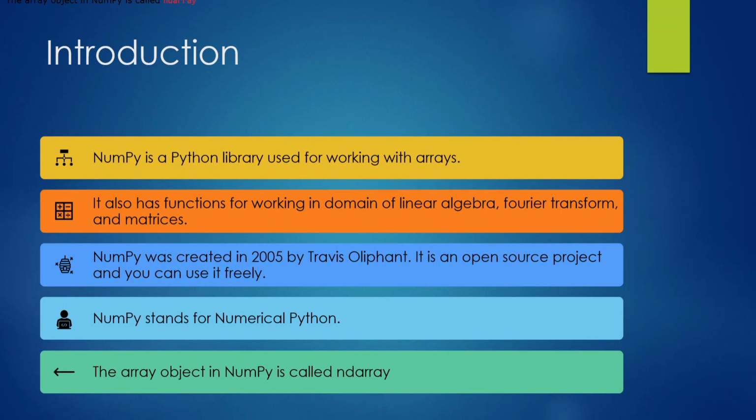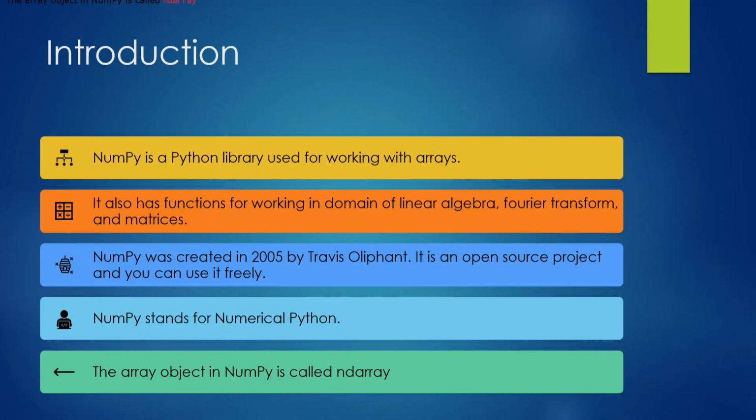So guys, Python NumPy is a Python library which is used for working with arrays. As you know, Python has a lot of collections: we have sets, tuples, dictionaries, and lists. But if you talk about arrays, then generally Python lists are used as arrays in Python. In the case of NumPy, we create an array that can be used in place of the Python list to provide much more time efficient and memory efficient results.